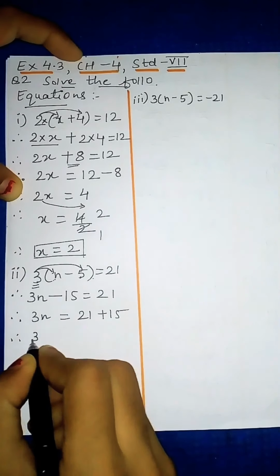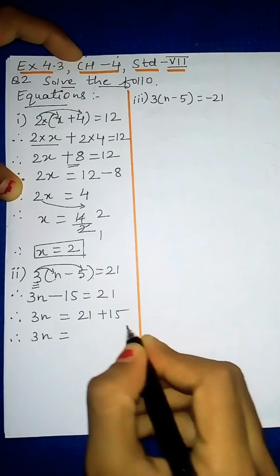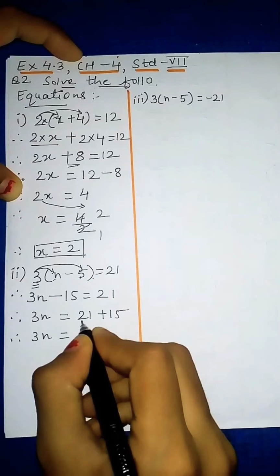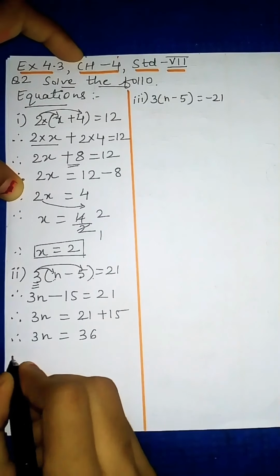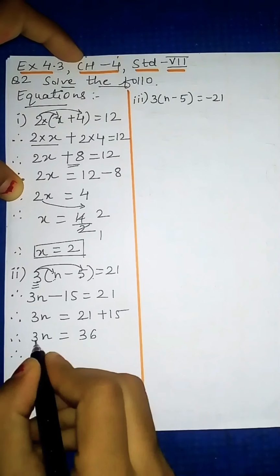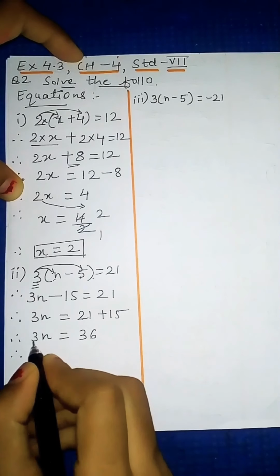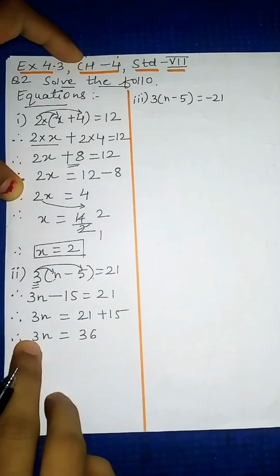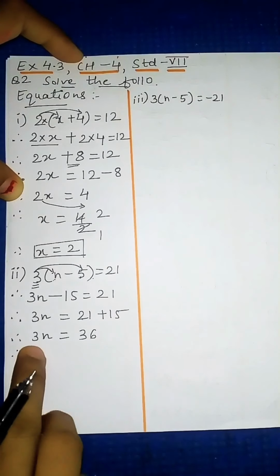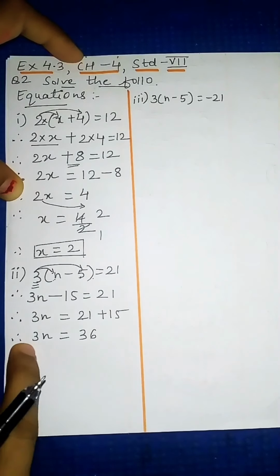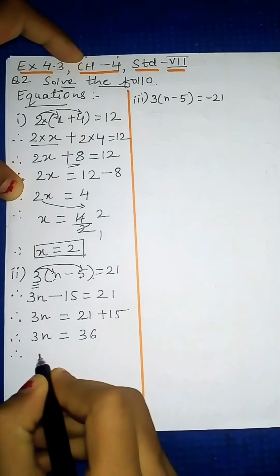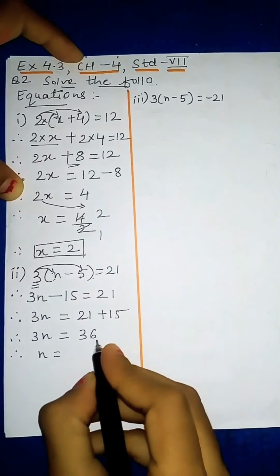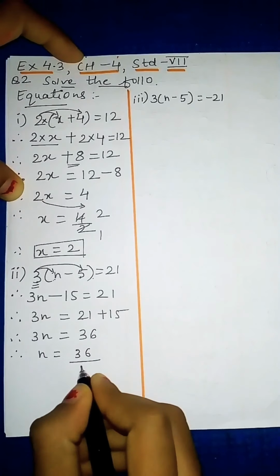So next step will be 3n equal to, we will add up, so 5 plus 1 is 6 and 2 plus 1 is 3, so 36. Okay, now moving ahead, again this 3n, 3 is in multiplication, so now we have to remove 3. So 3 we have to take this side. So 3 is in multiplication, so when I will take it here, it will come in division again, just like the previous sum. So 36 upon 3.